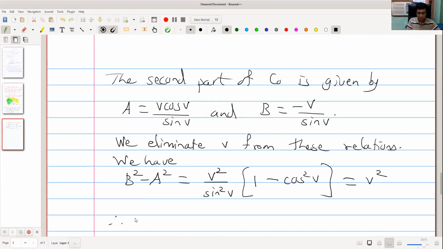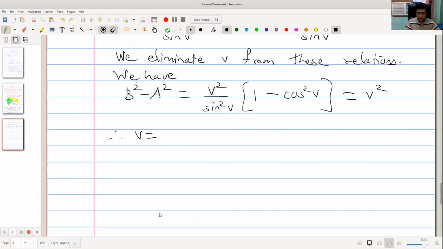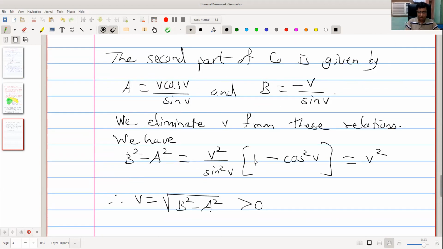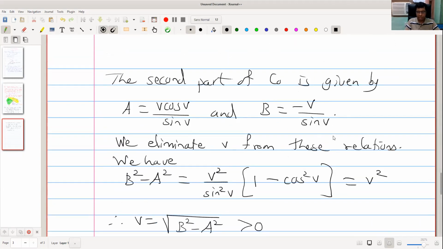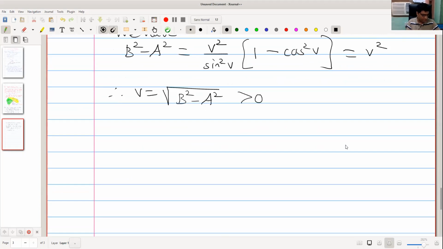Therefore, V is square root of B square minus A square. We take positive square root, because we assume that V is positive here. So we obtain value of V, we can substitute here. Substituting in the expressions for A and B, we get